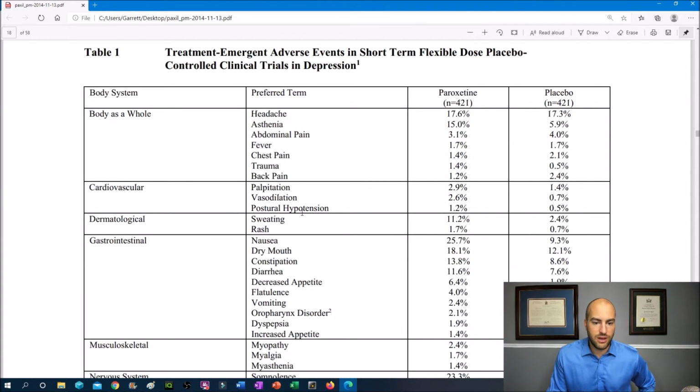So I'll just quickly read through these side effects just so we make sure you guys have a good idea of what the possible side effects are. So headache, asthenia, abdominal pain, fever, chest pain, trauma, back pain, palpitations, vasodilation, postural hypotension, sweating, rash, nausea, dry mouth, constipation, diarrhea, decreased appetite, flatulence, vomiting, oropharynx disorder, dyspepsia, increased appetite,